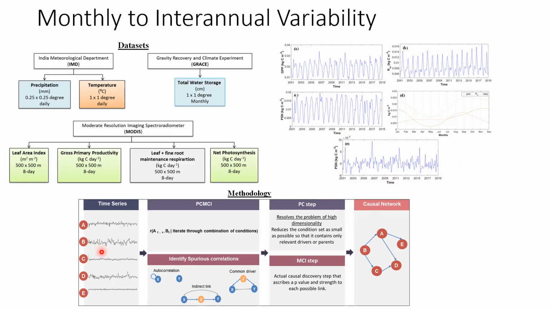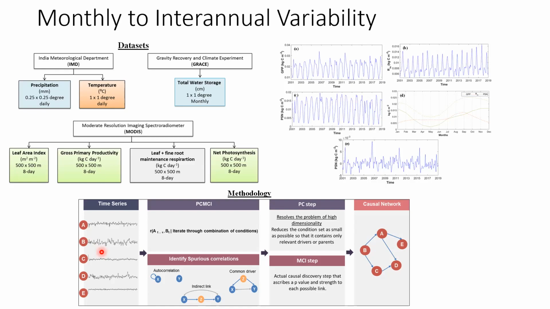Essentially, we have used the causal method known as PCMCI, the Peter Clark MCI method, which is a very solid and robust statistical method that can find out how one variable is affecting another. So let's say there are five time series A, B, C, D, E, and if I'm trying to understand whether the variability of A is causing the variability in C, then we have to use PCMCI to try to understand. Or if variability of B is causing the variability in D, then we need to use